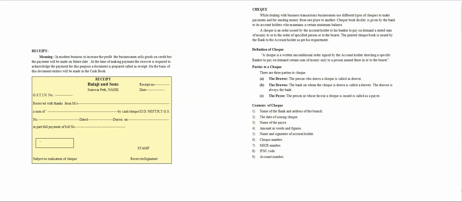Then contents of a check: name of the bank and address of the branch, the date of issuing the check, name of the payee, amount in words and figures, name and signature of the account holder, check number, MICR number, IFSC code, account number are the common